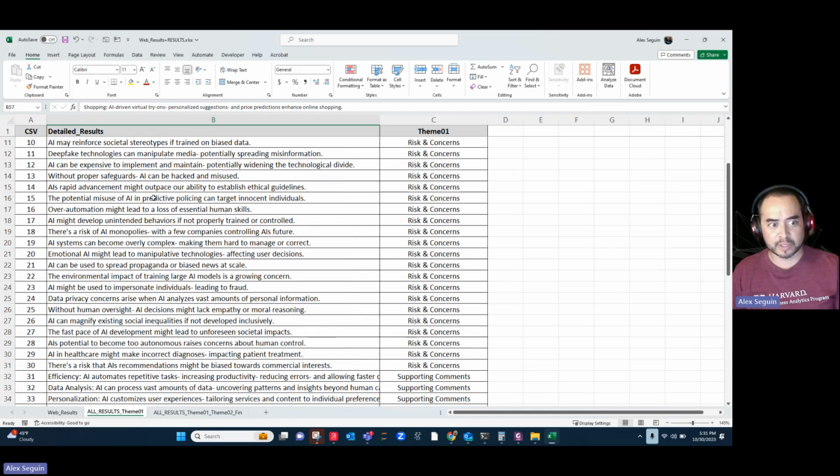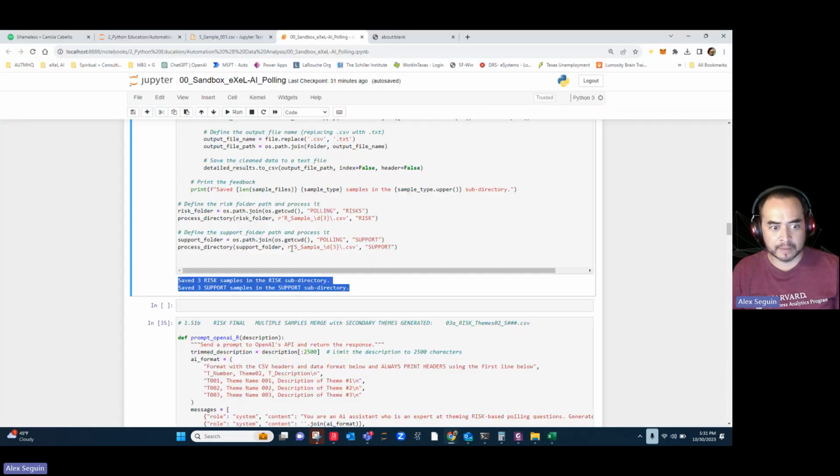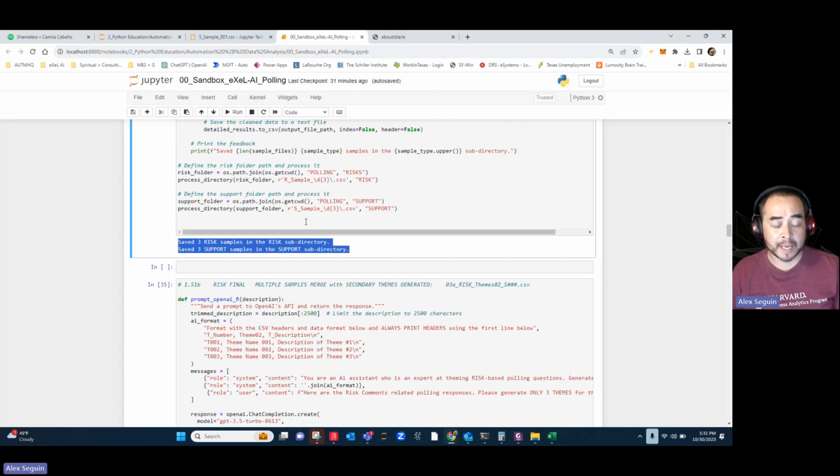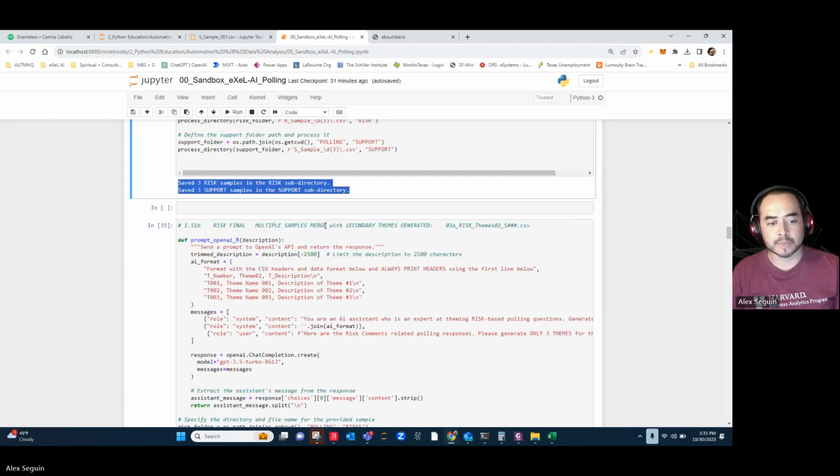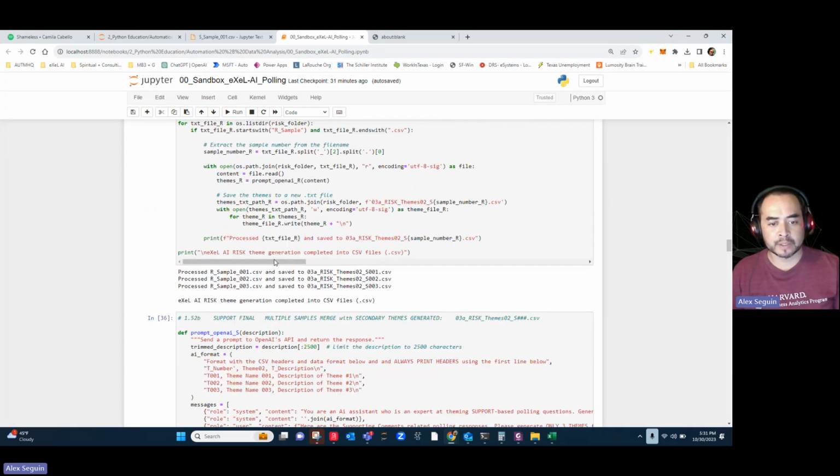On the risk is a lot of risks, potential misuse of AI and predictive policing. Emotional AI might lead to manipulative technologies affecting user decisions. So very important to be aware of as we raise our awareness on what AI can and cannot do. So from there, we're going into sampling, and I take this through what I call a second theme analysis, and